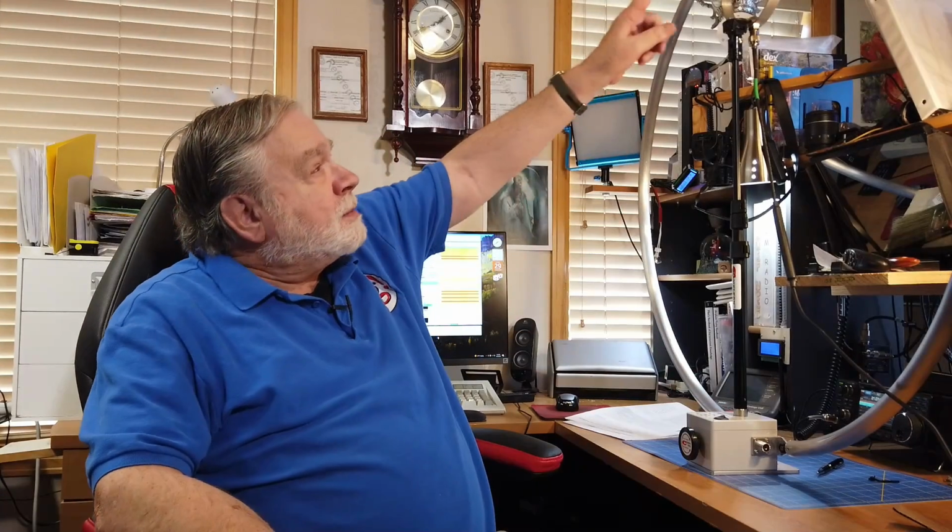Okay, so if the ohmic resistance of this loop is high, and higher than the radiation resistance, then most of the power that goes into the loop goes into the ohmic resistance. The reason for using large metal tubes like this is to reduce the ohmic resistance as much as we possibly can. And then that way the radiation resistance dominates. If we were to test the ohmic resistance of this, it would be quite low, probably less than an ohm. So that allows the radiation resistance, which is an ohm or two at most. You match it with this network here, but that allows this to radiate. Hence the reason that these solid